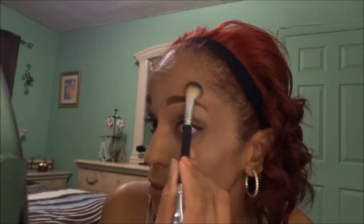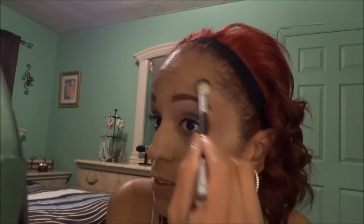This is one of their dual-ended brushes. I don't even know the name of it. I think it's their studio line brushes, but we're just gonna use this. It's just a fluffy brush. So we're gonna take this, dip it into the highlight, and then we're gonna hit the top part of the eyebrows, just right there, so that it kind of connects,